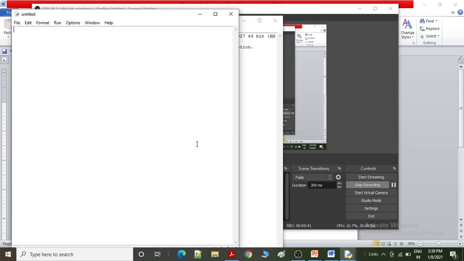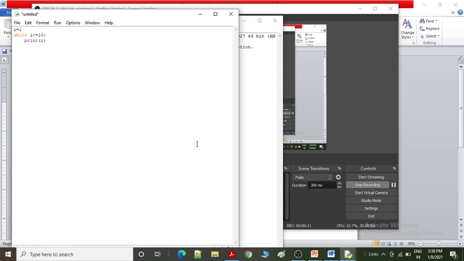Suppose I want to print the numbers 1 to 10. Here I have to use a variable, that is i equals 1, which is the initialization. Next, use while i less than or equals to 10. Here, less than or equals to 10 is the condition which has to be checked during execution, and then print your statement, that is i.